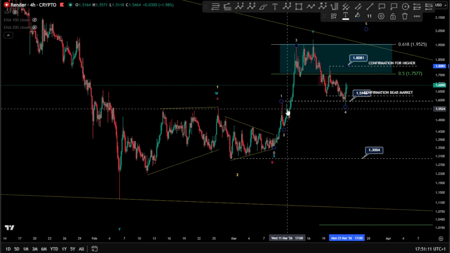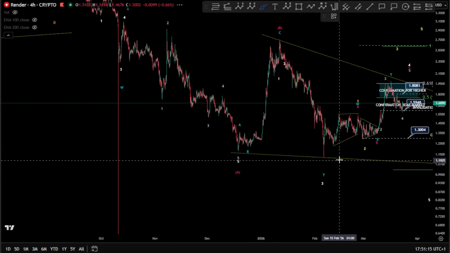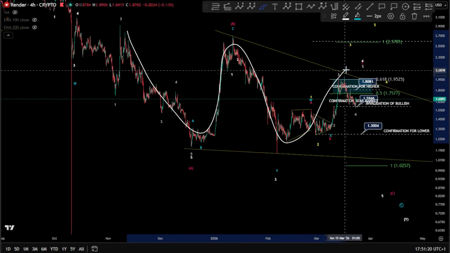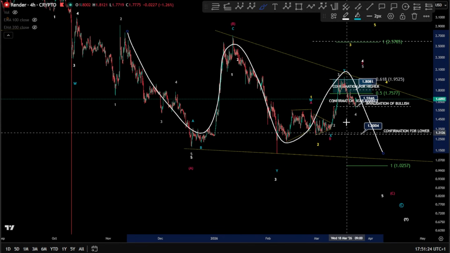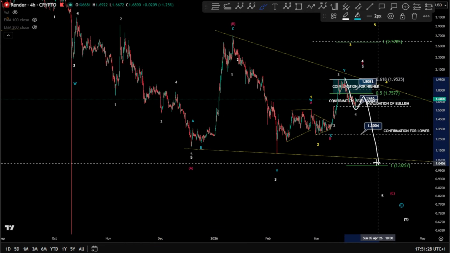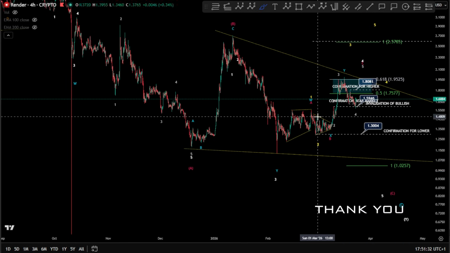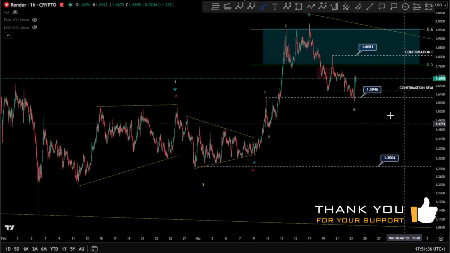So basically, for Render, we're going to start on the 4-hour chart, where we might still be in an ending diagonal, potentially bearish, meaning 1, 2, 3, 4, 5. The wave 5 might still be unfolding toward the downside, as a potential A, B, and a C. We would like to see a 1-to-1 at $1 for Render. However, today we saw higher prices on the lower time frame,